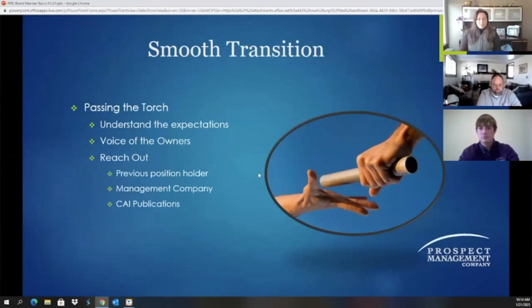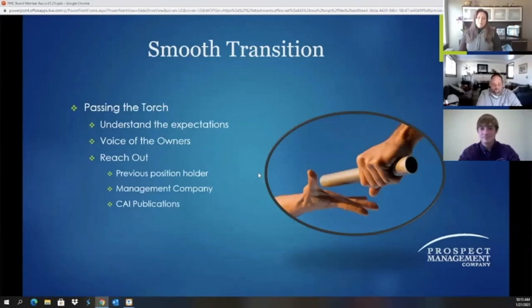It only benefits you, as an outgoing board member or as an incoming board member, to extend that olive branch and work with the prior board or the incoming board and make sure that the information is transferred. Again, as your management company, we're going to hang on to a lot of that information so it won't be lost. So in the unfortunate event that there is a transition that is less than seamless, we're still going to have all of that data to share with you.